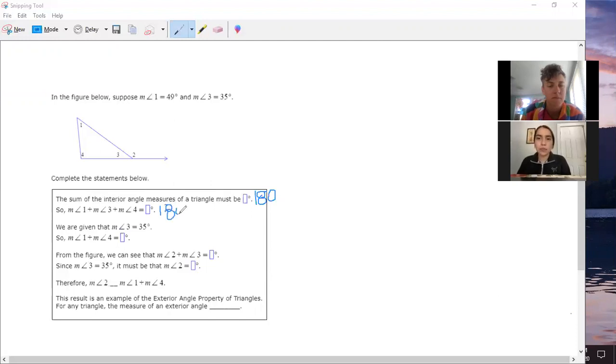Our next example says, we are given that the measure of angle 3 is 35 degrees. I think it's always useful to write in the angle measures that you're given inside your actual triangle. This makes you feel a bit more organized, makes things seem a bit cleaner. So the measure of angle 3 is 35 degrees. That means that the measure of angle 1 plus the measure of angle 4 will equal